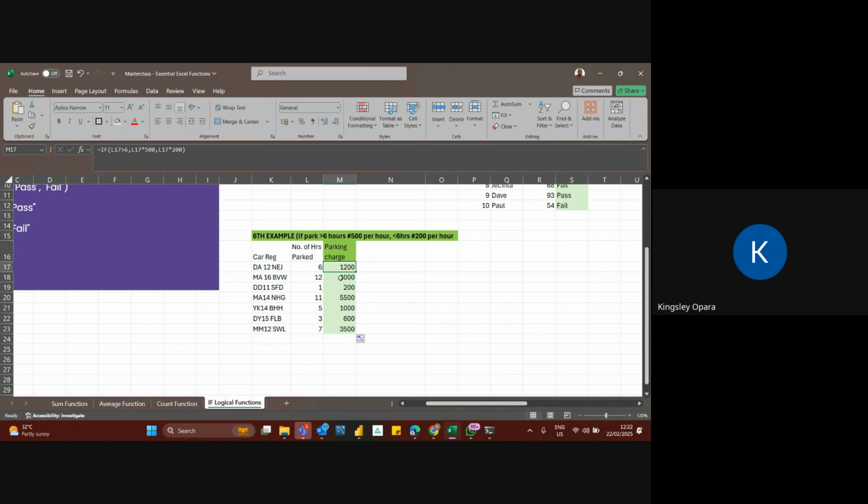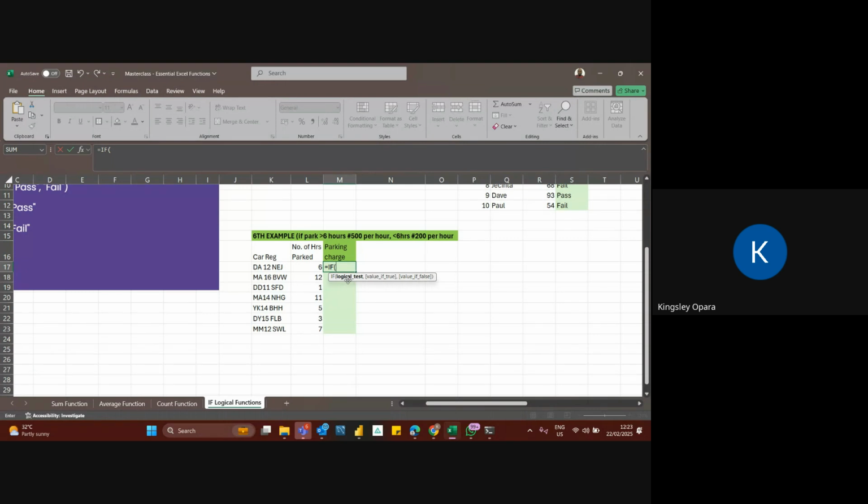So I want to repeat that function again. Okay, all right. So for the two people who have mentioned, and for everybody else who is shy to mention, I'm going to rebuild this. Now let's build this function again together. If, open the brackets. Remember, the first thing here is your logical test. Your logical test is what you want to write here.